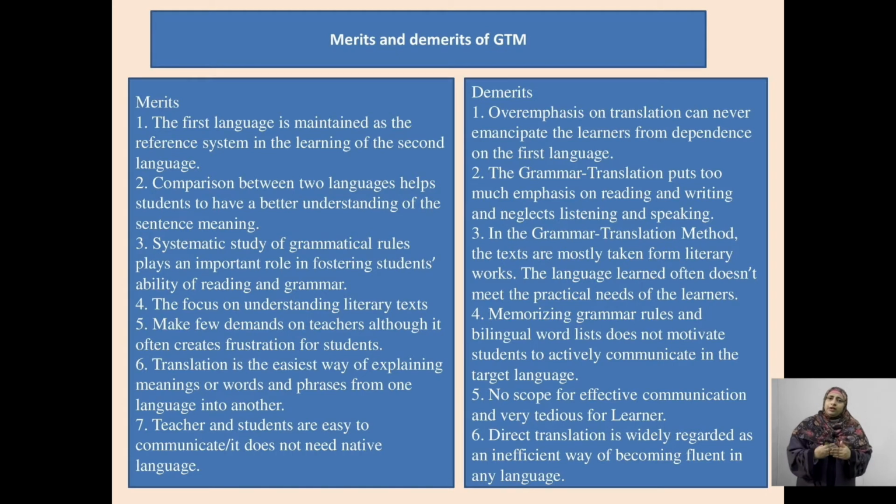Because this child has to read, translate it, and write it in the foreign language, to the other language, they have to translate it. So reading and writing is given more emphasis over here, and this method will neglect the listening and speaking ability of the child. As we talk about the order, listening, speaking, reading and writing, the order is being disturbed over here. The concentration and focus is given only on reading and writing, and they neglect the speaking and listening skills. This is one of the disadvantages of this method.